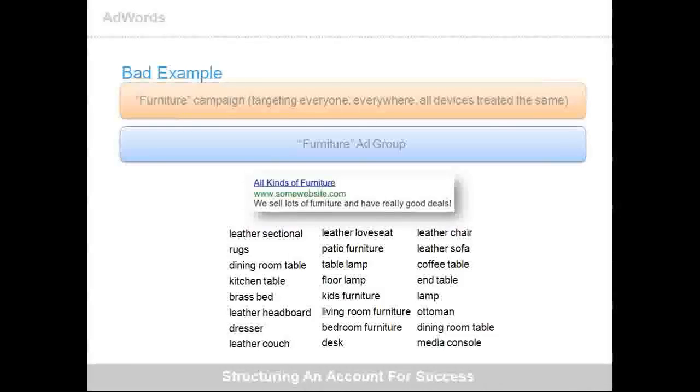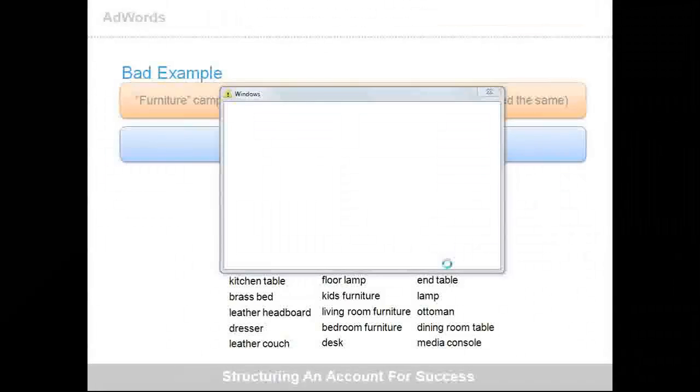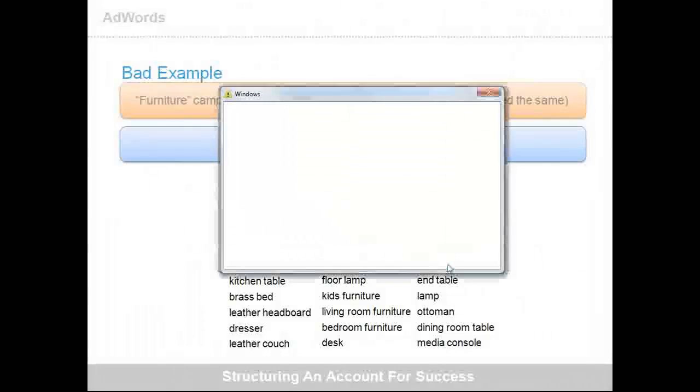So trying to put all of these different keywords that you can see here, leather, leather sectional, leather love seats, and all of these, then dining room table, into one cluster, putting them all in one ad group, it just really doesn't work. I know you guys have worked with an account quite a bit, but ideally, with an account structure, as far as your keywords go, try not to exceed 10 to 12, at the max maybe 15 keywords per ad group for a search campaign, especially.